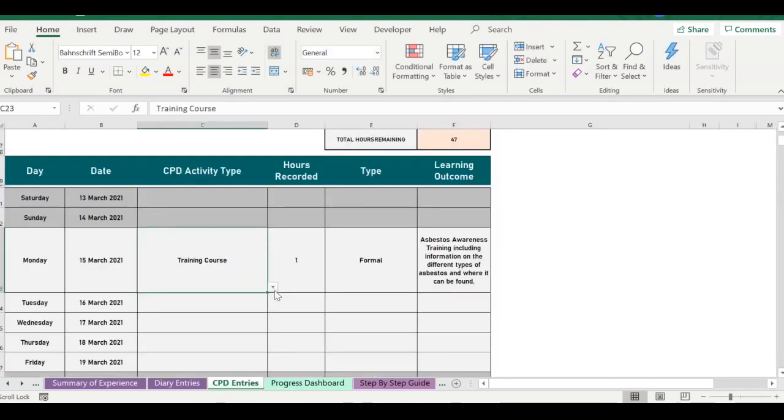For the CPD entries, these need to record the type of CPD that's been undertaken. For example, whether this is a training course, private study, or on-the-job training. We also need to record the number of hours of the activity and whether this was formal or informal. For the CPD to be classed as formal, there needs to be clearly defined learning objectives at the start of the CPD. Normally, formal CPD is undertaken within an organised setting, such as a training course with an assessment element,